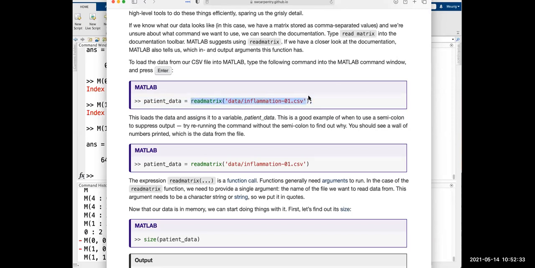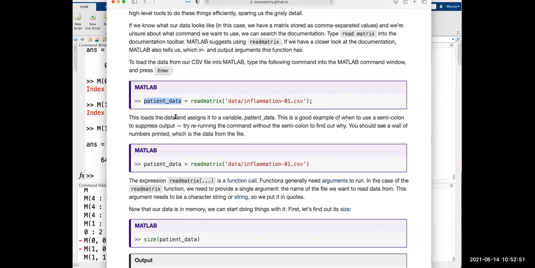Yeah, and then what it's saying is it's going to do this thing, and then everything that it outputs from here, it's going to save as what we've called patient data. So we could call that anything, and it would just save it as there. It wouldn't change what it's doing. It would just change how we refer to it.